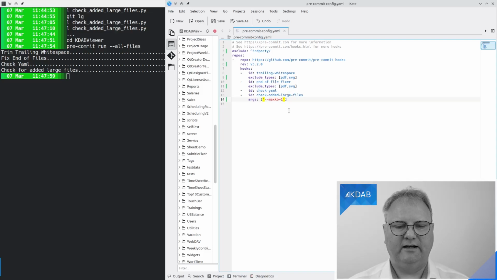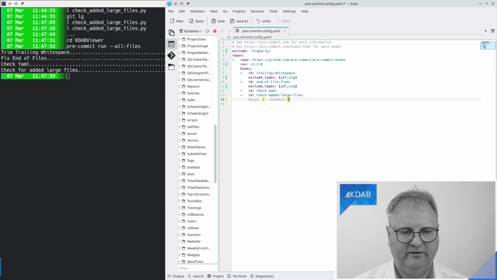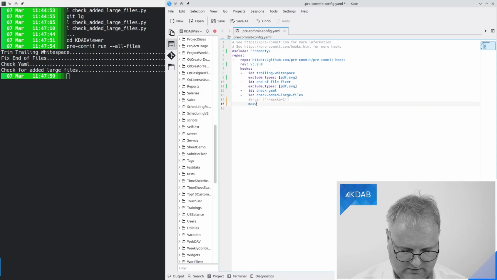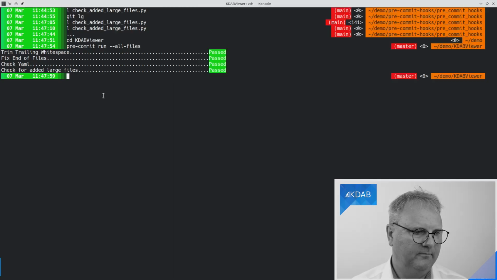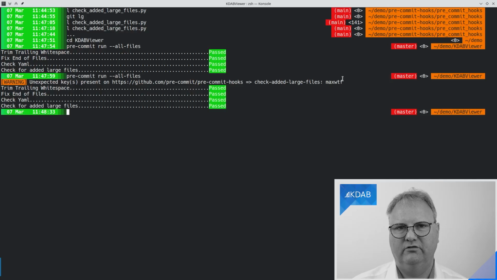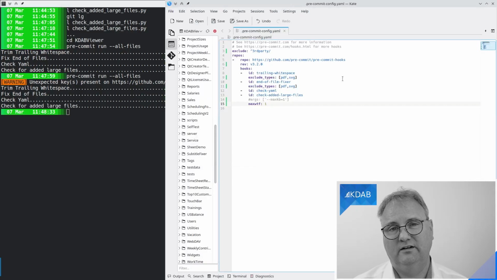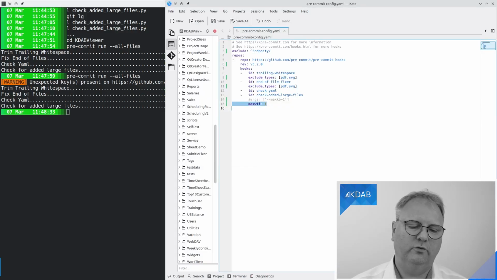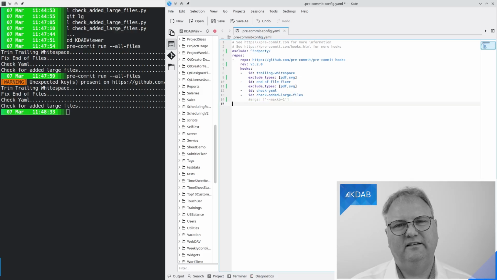Maybe it will only check if I actually run. There was an option for that. But another thing that I would like to show you here, if we just comment this out and I say max what the 1, and I run again, pre-commit run, unexpected keys present. So it does check for those keys. That's at least a good thing. I think that I found situations where it wasn't, but that's the downside of this YAML format, that it can be somewhat tricky to get it right.